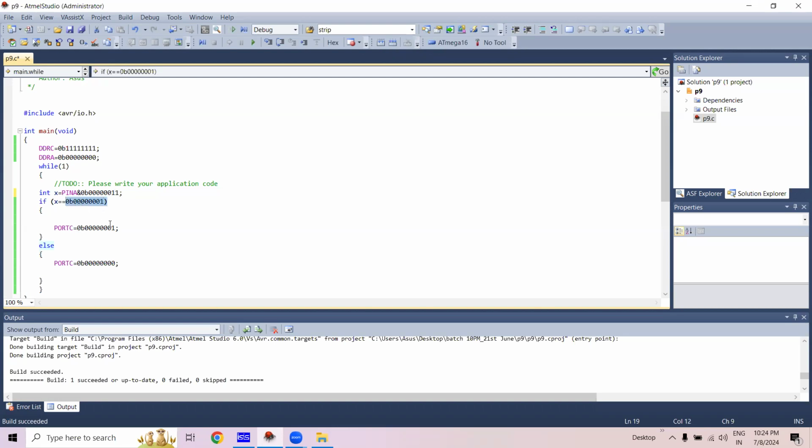And if the first button is on, the direction of motor is clockwise. And when the second button is on, this time we need to write the condition here with else. So it must be else if x equals to 0b